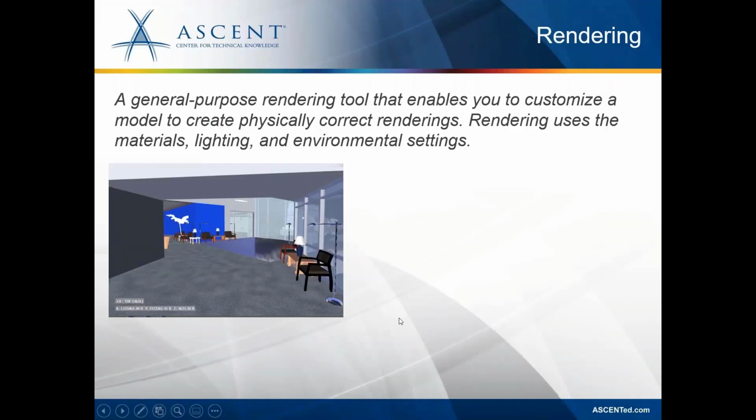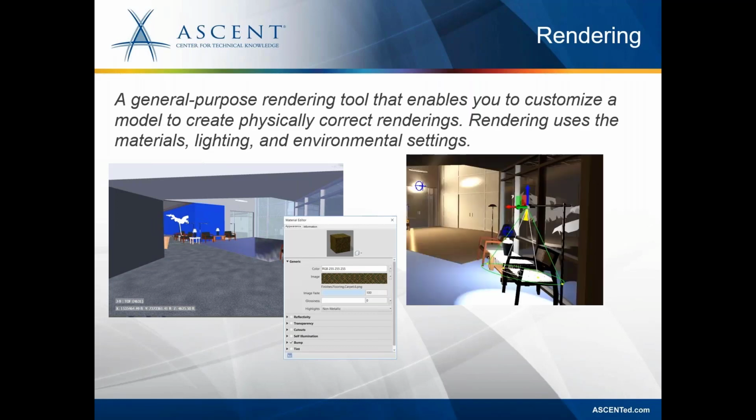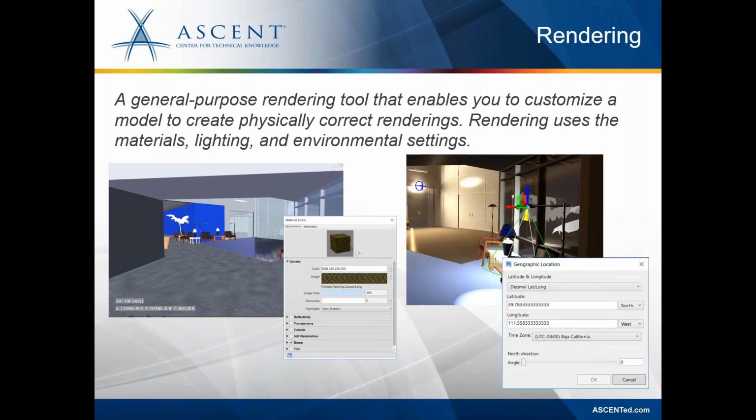Okay. Now the third chapter that we added was on rendering. And what rendering is about is we can provide materials, and we can provide lighting, and we can provide environmental settings to our model to create more physically correct renderings. Now, if the model came from say something like Revit or another BIM type product that already has lighting in it and that already has materials in it,